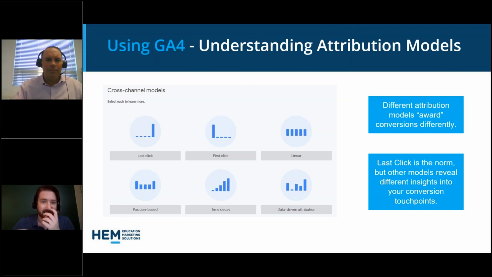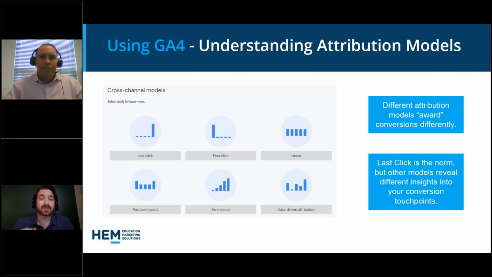So returning to this discussion about channels and which channels are driving conversions, the important thing to understand is what it counts as a conversion, or why it's giving a conversion to one channel over another. This is what's going to turn us towards attribution models. So that's really just a fancy way of talking about how a conversion is awarded to a particular source. So say you have 10 conversions by email, the attribution model will explain to us why we're saying 10 came from email and not from organic.